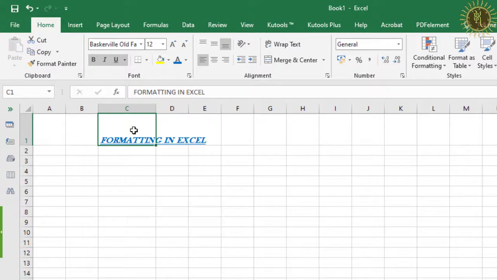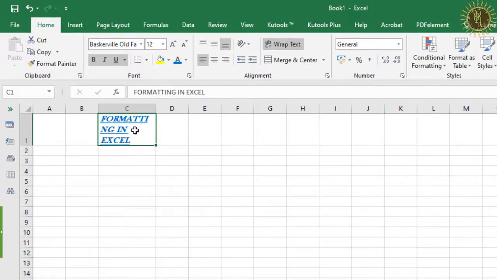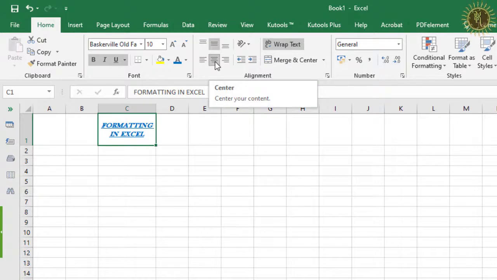Click on the cell you want, go to wrap text and click on it. So you can see all this text has been adjusted in this single cell. Now you can adjust this by making the font size a bit smaller, to make it simple, single and proper. Now our text has been adjusted properly in this cell.